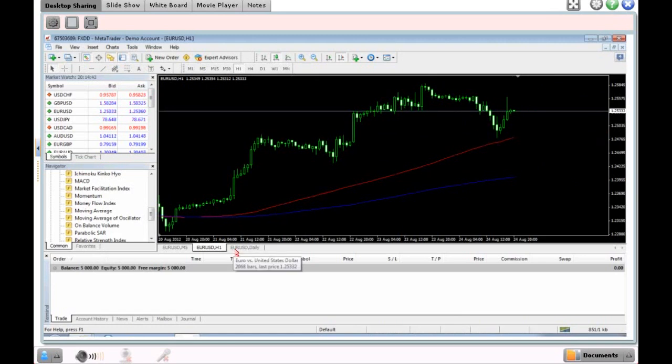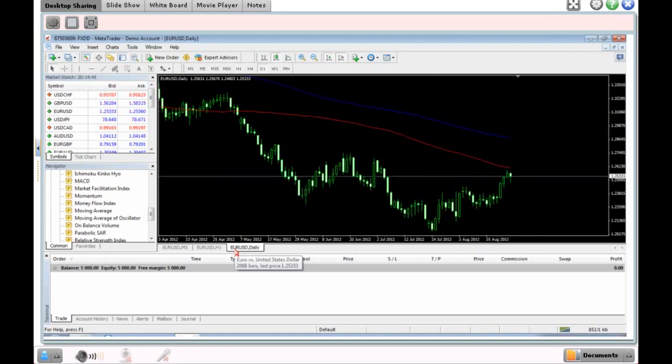If we look at it on the euro dollar daily chart, long term, it looks like the euro dollar bias is to the downside because it's below both of these moving averages. But you can also see, classic example again right here. If we take a look back in April, it was using the moving average as an area of resistance. Did it break through to the upside? Yes, a little bit. And were there probably some intraday trading opportunities to be had there? Of course, there's always intraday trading opportunities. But eventually,